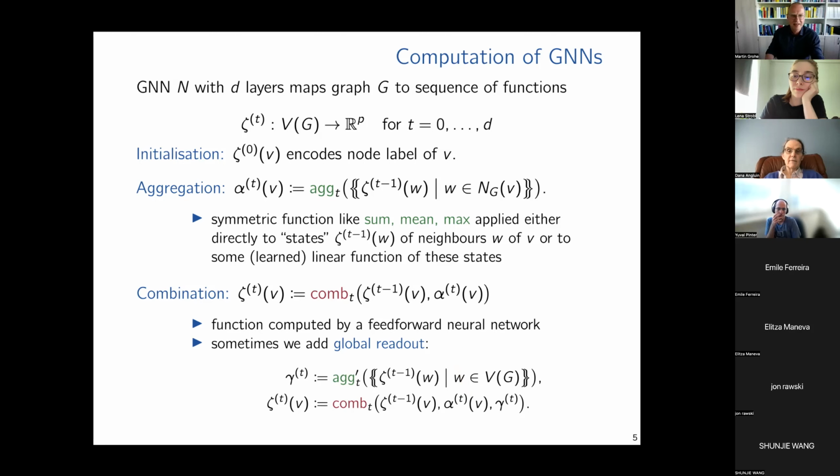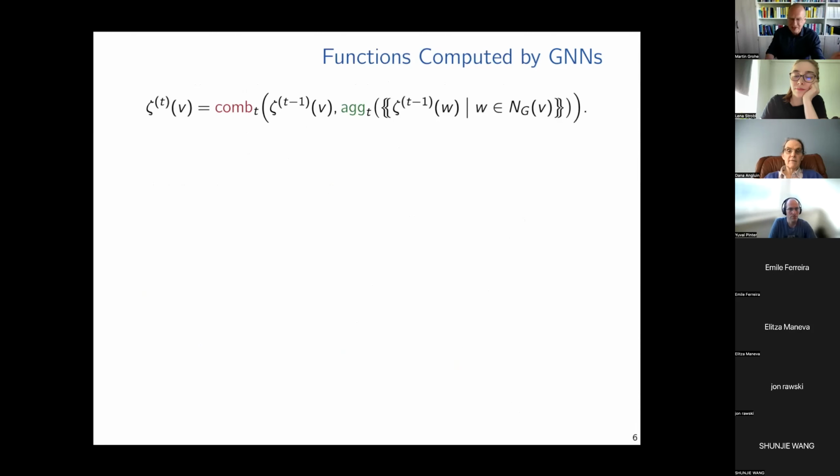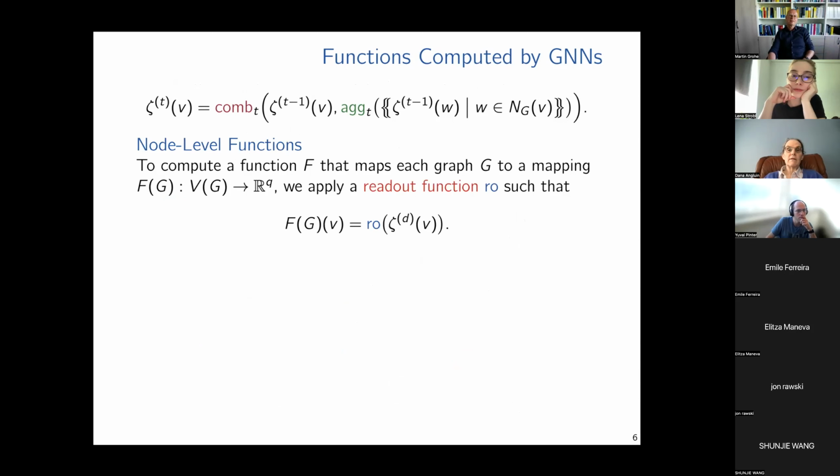Okay, so that's the basic model. Then we iterate this for a couple of rounds. Let's say here we have this simple update rule. Now we can say this computes a function. How do we get the function? Well, we can compute functions defined on the nodes of a graph, node level functions.